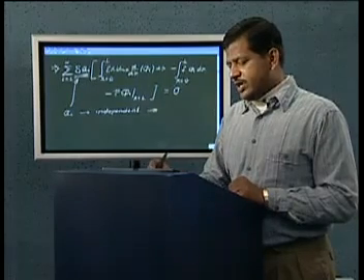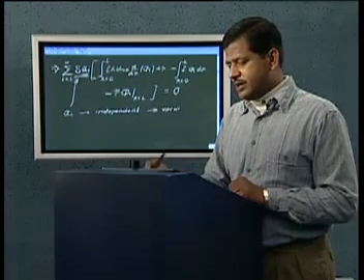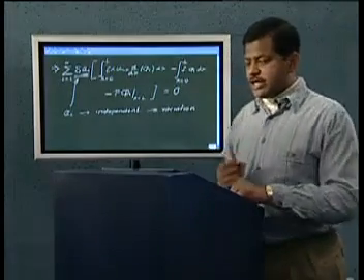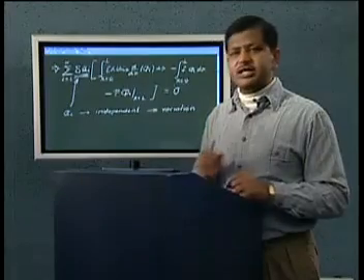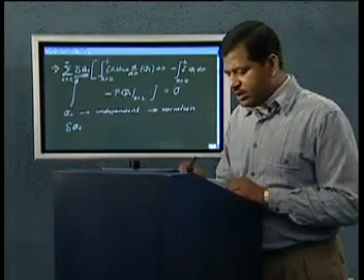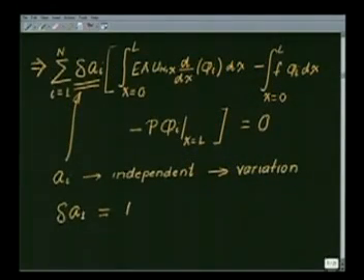That is, the variation can also be done independently. Okay. So let us take, for example, that I decide to choose variation of A1 is equal to 1, while variation of all the other Aj equal to 0 for j is equal to 2 to n. So let's put it back in this expression.